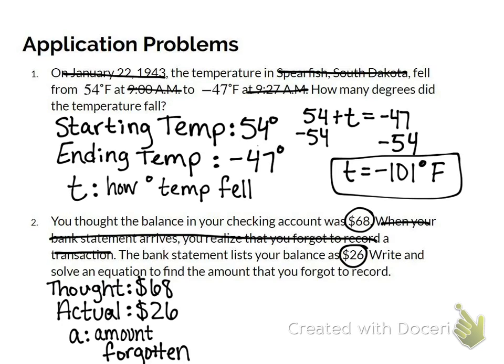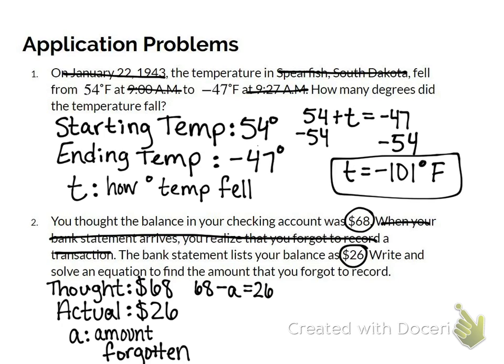So if we take how much we thought we had, what do you think we're going to want to do with the amount forgotten? Subtract it, because it's getting taken away from our amount. That gives us how much we actually had, which was